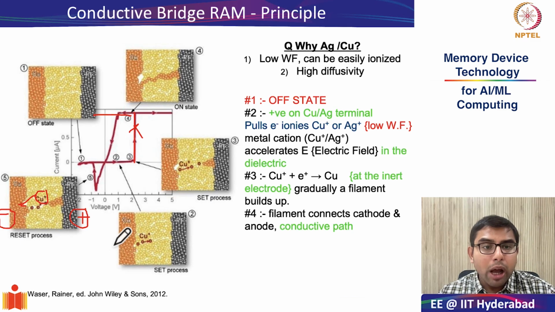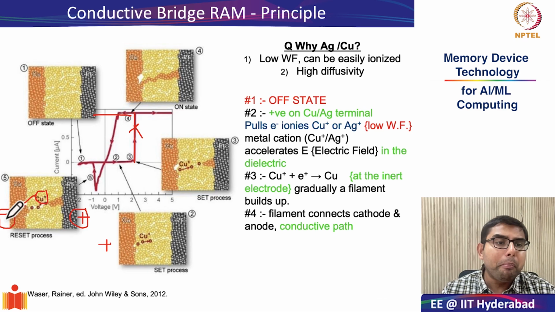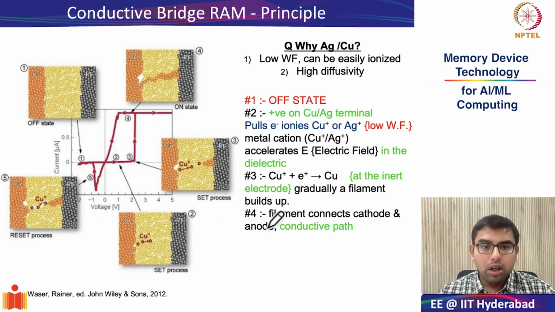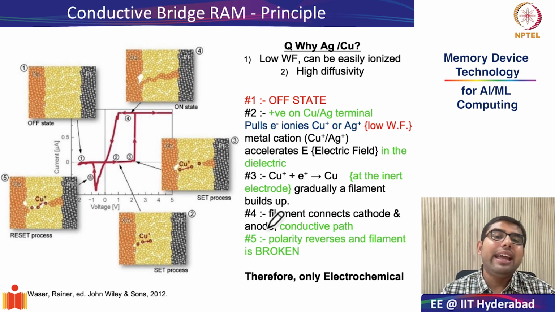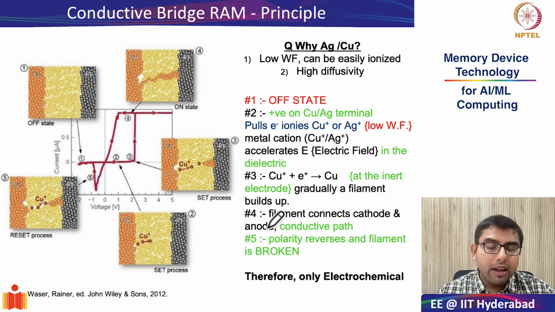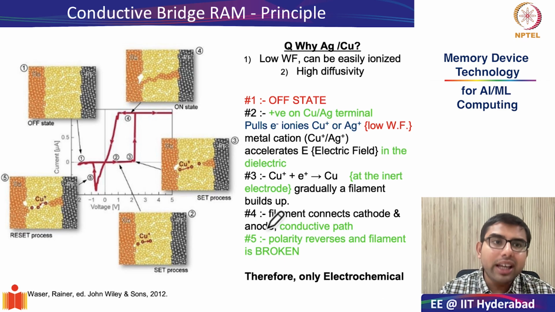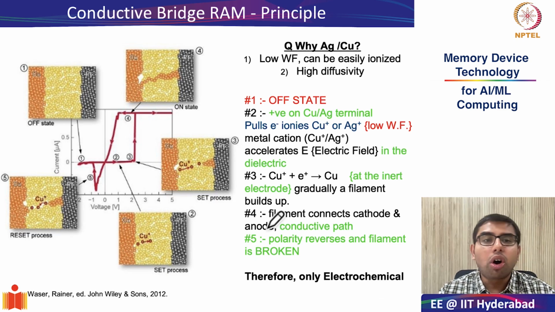So when you apply positive at Cu, the filament gets formed. When you apply minus at the active material or copper, the filament gets dissolved. And therefore, this is an inherently electrochemical process, because just like in electrochemical VC-RAM, where the oxygen anions were being ripped out of or pushed back into the vacancies through opposite polarity of electric field, the same thing is happening in conductive bridge RAM, but the filament consists of copper cations or silver cations.